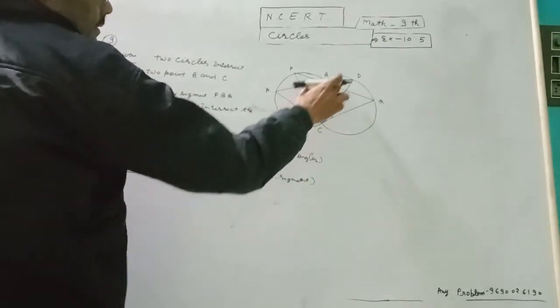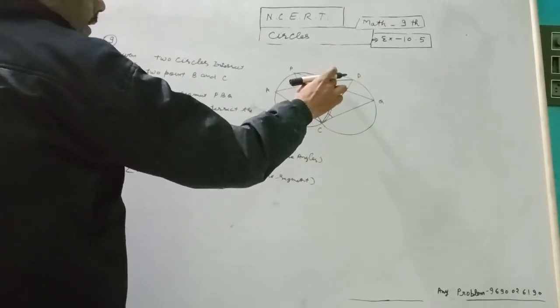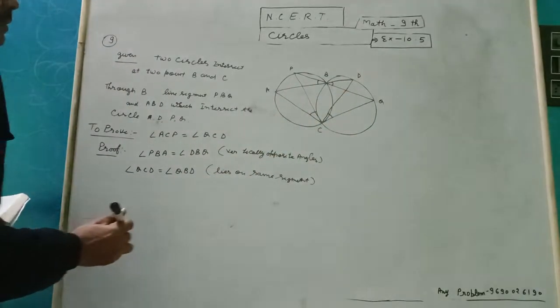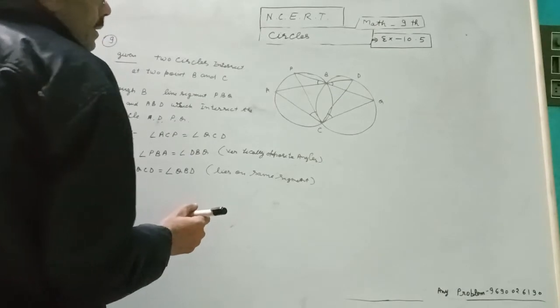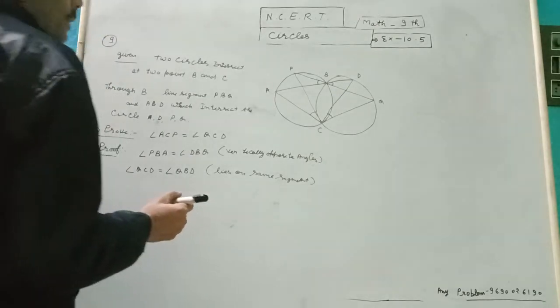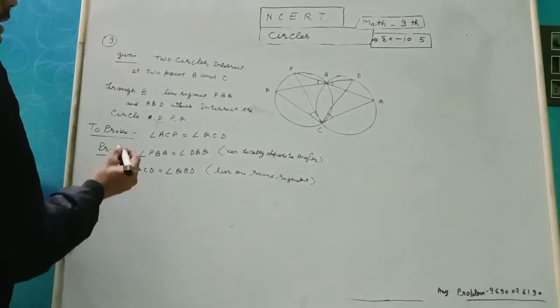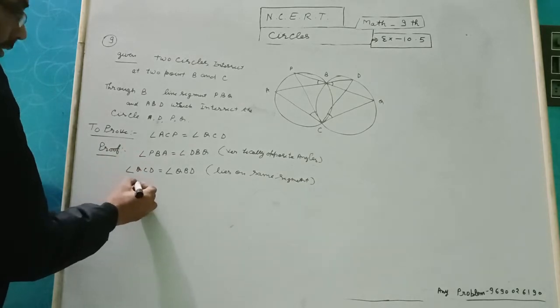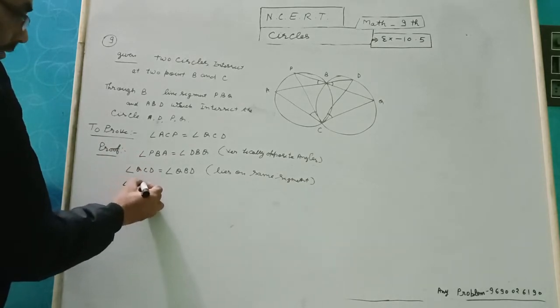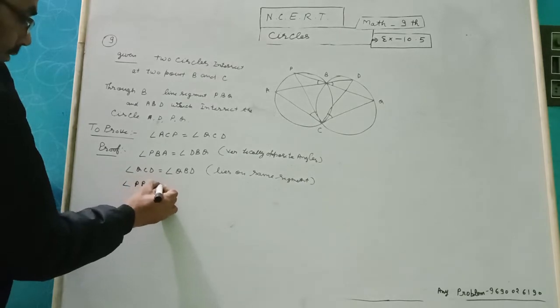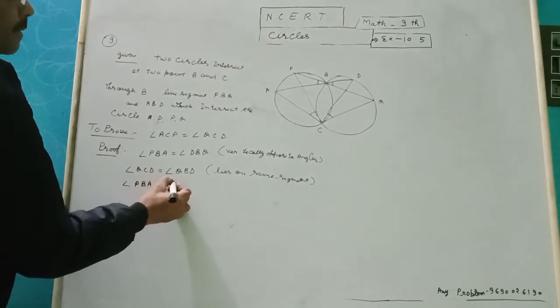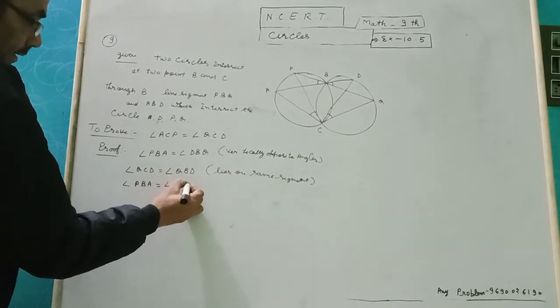This angle and this angle are the same, DQ. So angle PBA is equal to angle ACP,